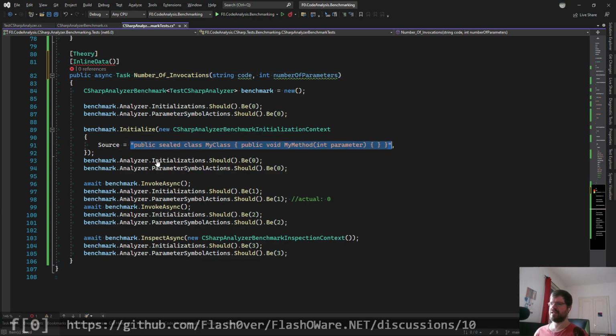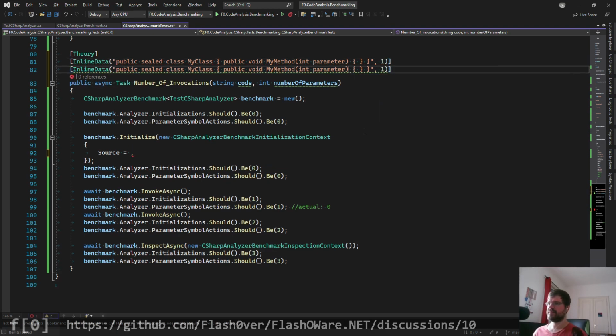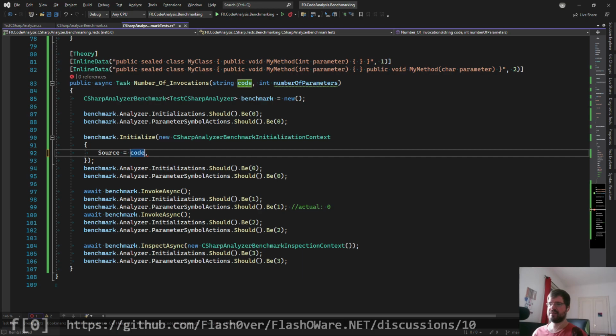So I will grab that and say we have 1 parameter here. Then let's make a second test where we also have public void my method with a char overload parameter. But here we have 2, which now means we pass in